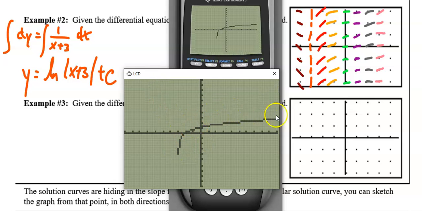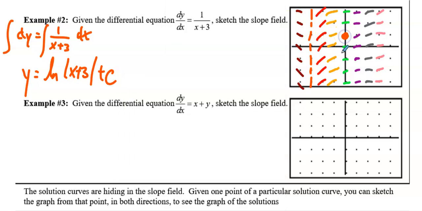look at the behavior of this graph. I want you guys to see this by looking over here. If I chose a random point, let's say we were looking for a particular solution, and we chose the point 0, 1. So we're right here at this point 0, 1. Slope fields basically say, so we're now changing the problem up a little bit and asking about this. If I ask you guys to draw a solution,